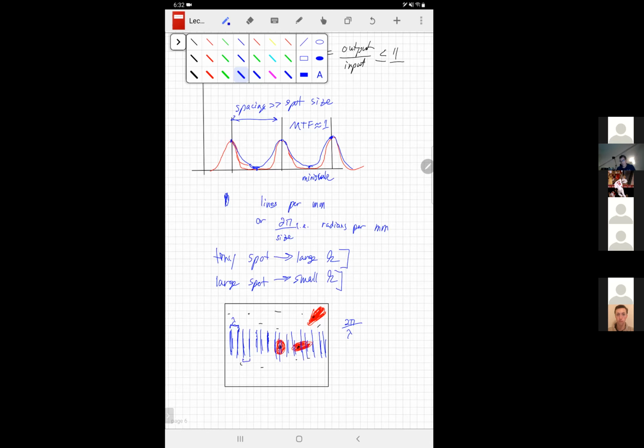Here's the spacing of the marks. Here's the size of those little jagged edges. The imperfections